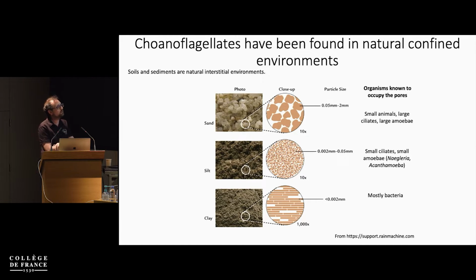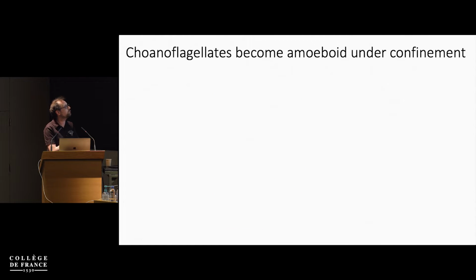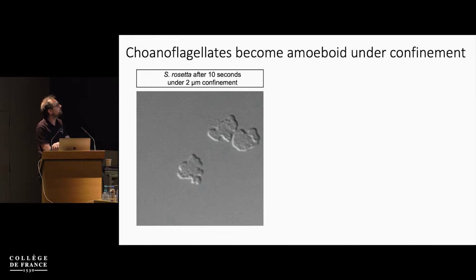And in fact, the main model choano species, which is S. rosetta, has been isolated not from the ocean and not from the water, but from a mud core in an Atlantic island, so really from an interstitial environment. So in a sense, it was not absurd to think that choanos might be adapted to navigating this type of packed, confined microenvironments. So then, once the hypothesis was out there, the obvious next step was to impose controlled confinement